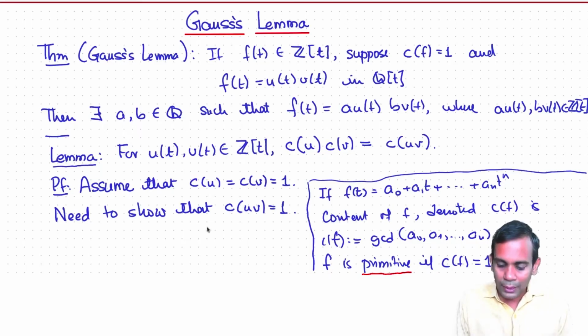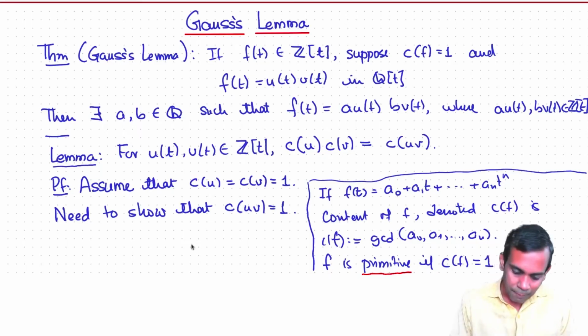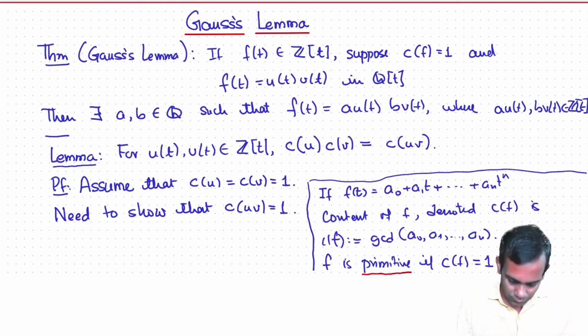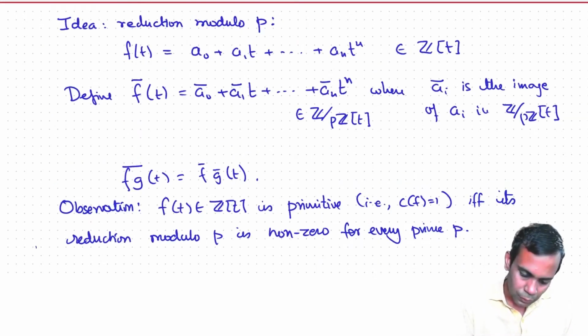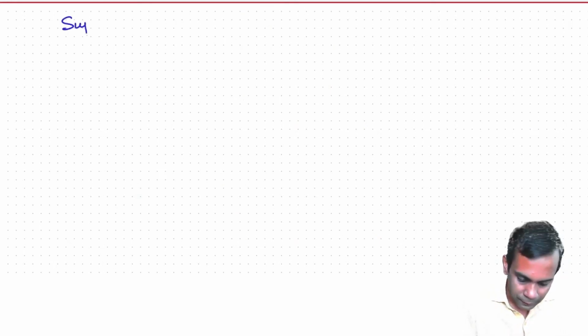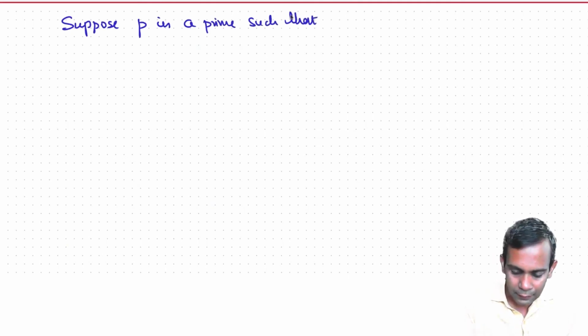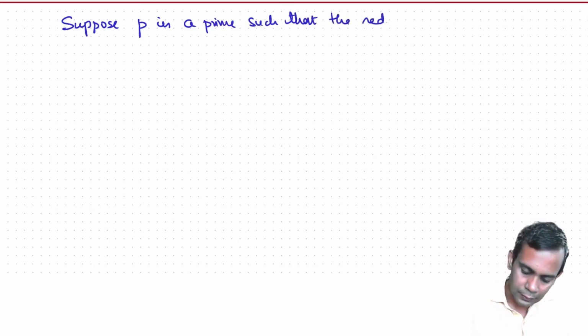So suppose that there was a prime p with respect to which its reduction was 0. So suppose p is a prime such that the reduction of uv mod p